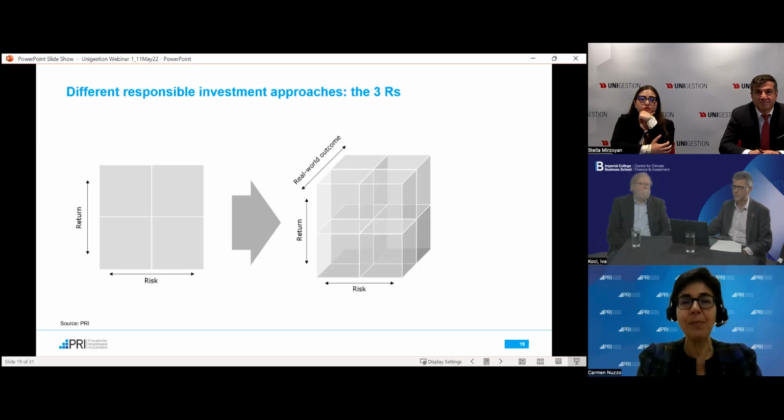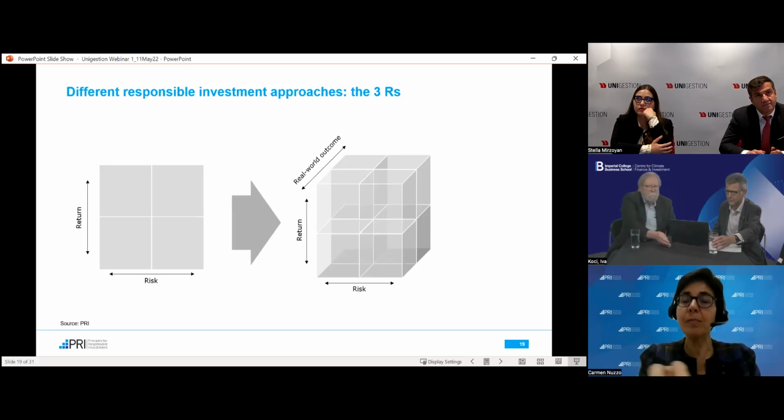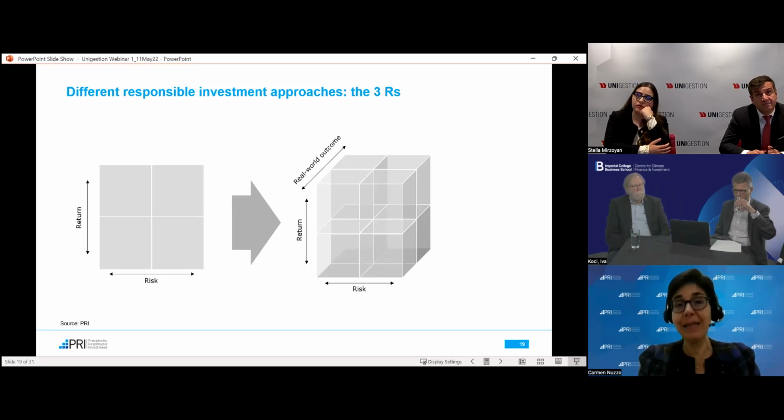And this is why Bob's piece is very useful and timely. These two approaches, the outcome-driven approach and the risk-return approach, are not mutually exclusive and may involve the same implementation practices. For example, at the PRI, we categorize them in 3 buckets: the integration that is purely focused on risk, the screening that effectively amounts to limiting portfolios based on norms, whether positive or negative, and then the thematic